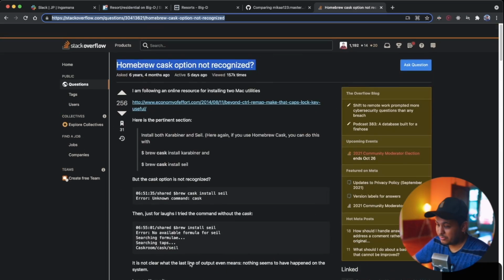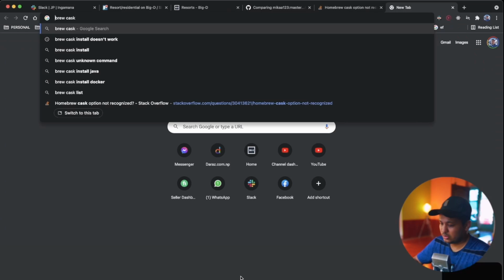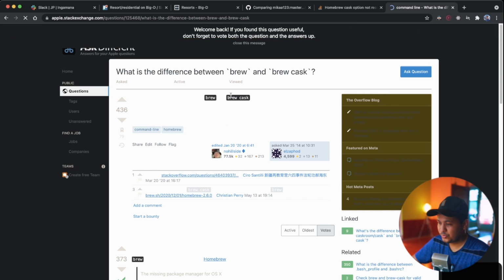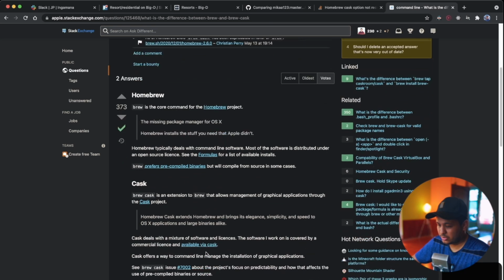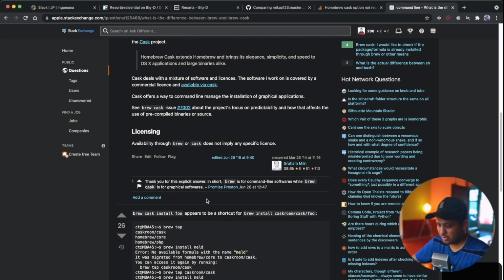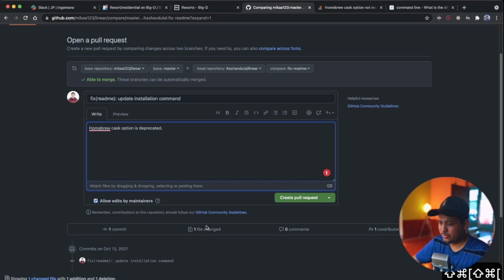So, but let's just simplify it. Cask used to be a thing, but it's not anymore. What is brew cask? It's an extension to brew that allows management of GUI applications. Okay, there's another Stack Exchange answer, but cask is deprecated, and you can simply install using brew. Brew is the core. Cask is an extension that allows GUI related things. It's for graphical software, but yeah, I think cask is sort of outdated. The homebrew cask option is sort of deprecated,